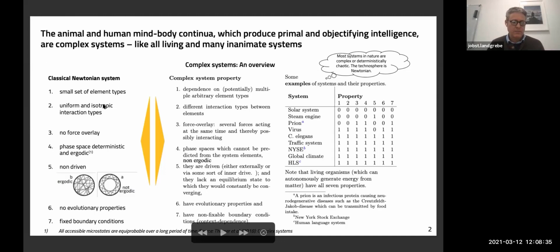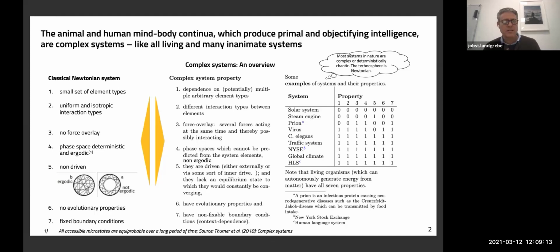As you can see here, the first property of a classical Newtonian system is that there is a small set of element types. For example, the solar system has the sun and the planets, and also some satellites of the planets, as element types. It has a uniform and isotropic interaction of those elements. For example, gravitation, which is the sole force that determines how the planets move and how they relate to each other,